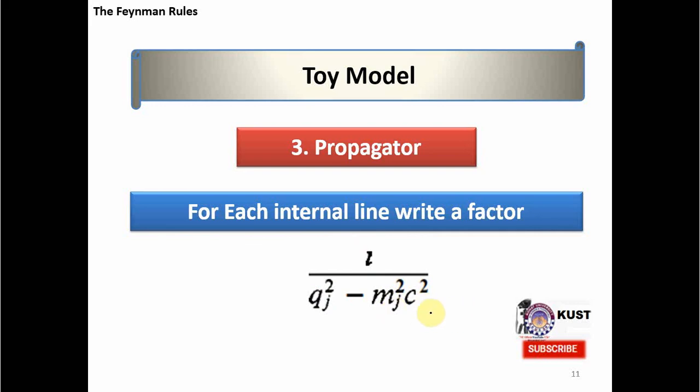You just need to remember the word that they do not lie on their mass shell, so energy and momentum need not be conserved. But if they lie on their mass shell, as the incoming or outgoing particles do, then their energy and momentum has to be conserved. But at least you know that you have to write out this propagator for all the internal lines.